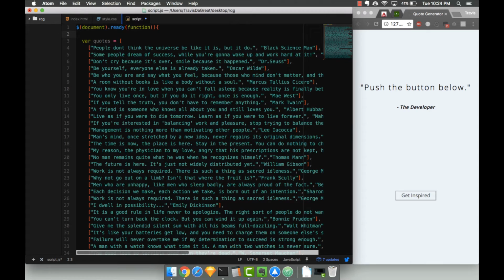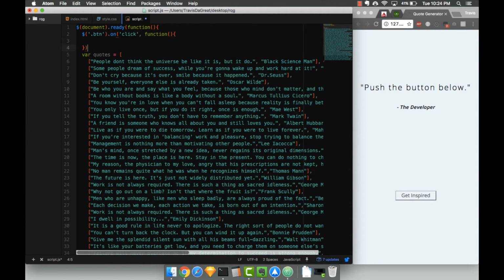So we're going to start off by targeting the button class. We're going to use jQuery $, and then .btn. And then we could either do .click or .on click. I'm going to just do the second one since I'm already typing it down. And then on click, we're going to run a function, and let me add that semicolon. So, when the button class gets clicked on, it runs this function, and within this function, the first thing I'm going to do is write down